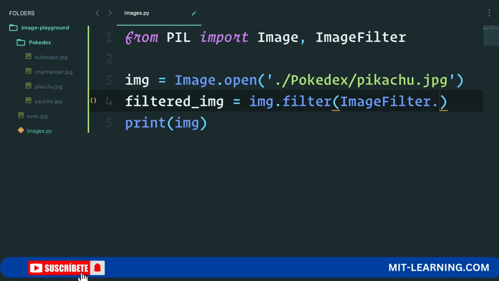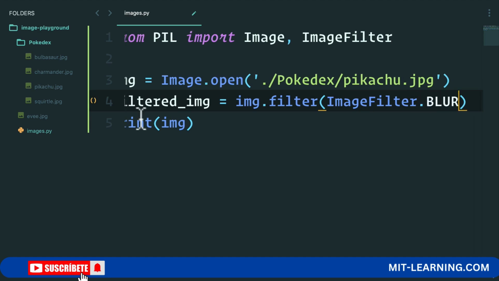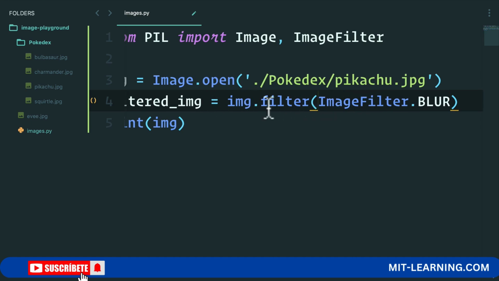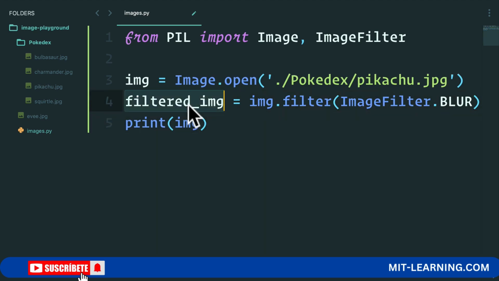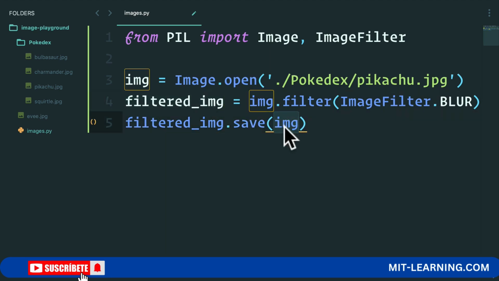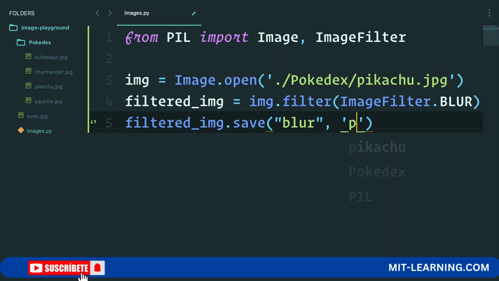So here we can do different things. Let's do blur here. So capital blur. So now it's going to apply a filter of blurring. So let's see what happens if I do this. Instead of printing, I'm actually going to say image dot save, and this is going to save the filtered image. So let's do filtered image dot save, and give it, let's call it blur, comma, and then the extension that we want to save it in. Let's just do PNG here. We'll change it to a PNG file like this, and if I run this,